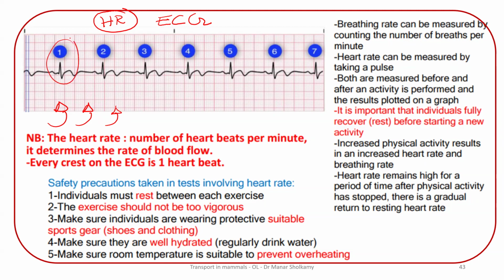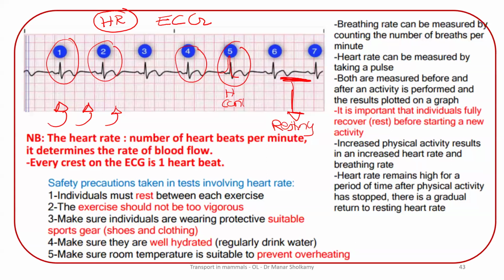Now you need to know what every crest means. Every crest means this is a heart contraction. This is one contraction. And the distance between 2 contractions, this is when the heart is resting. Because the heart beats and then it rests. And then it beats and then it rests. Okay? So how many heartbeats do I have here? How many times the heart beat in 1 minute? It is showing you here the number of beats per minute. How many times did the heart beat per minute?